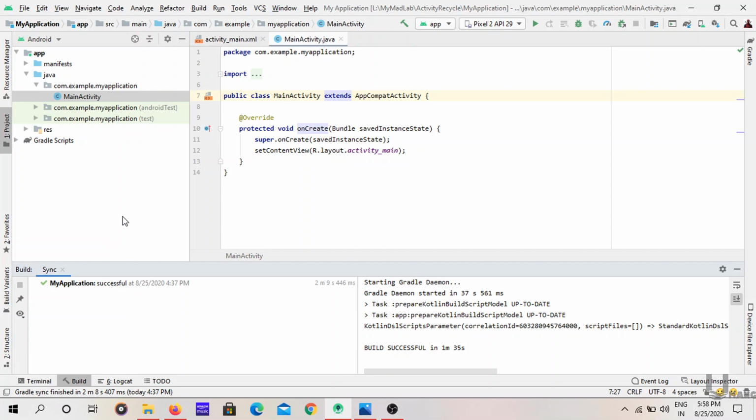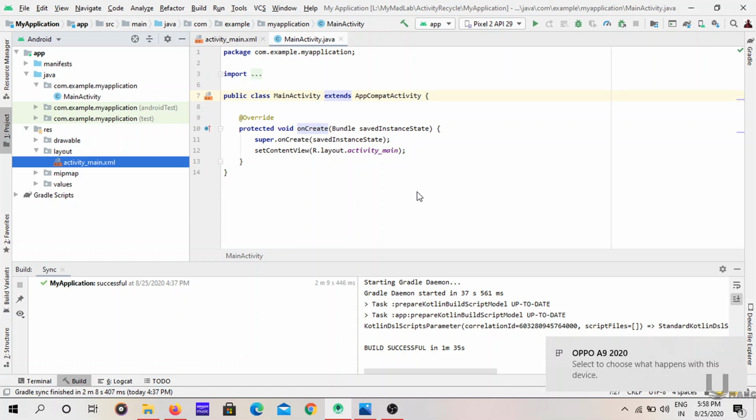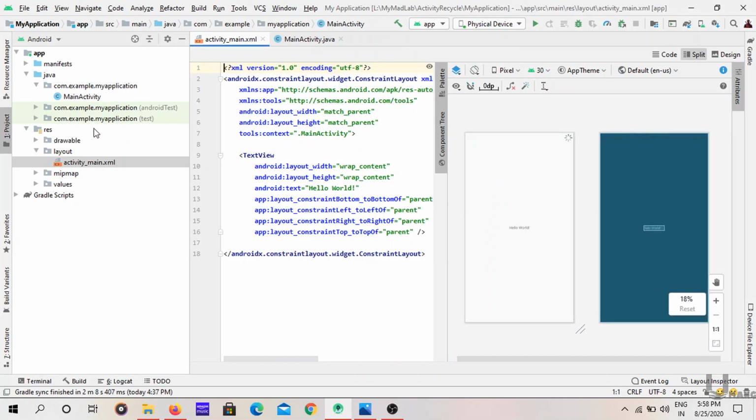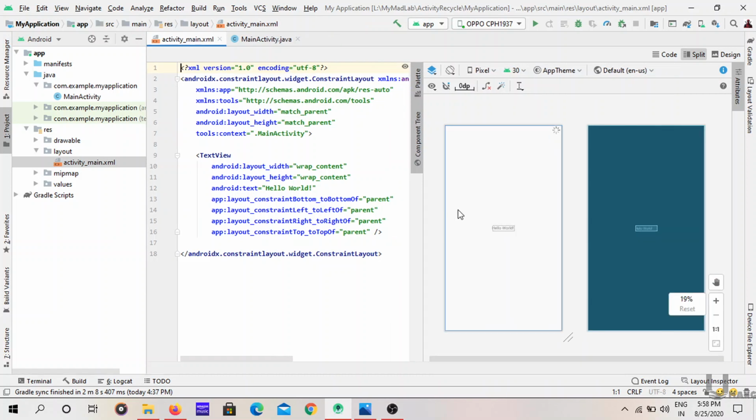Okay, this is my XML file, and this is my Java file. This is my XML file and the corresponding Java file, so these two are interlinked. This is the default thing we get when we create a new layout.